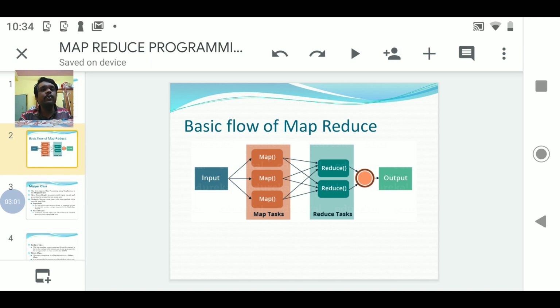Before it goes to the reduce stage, we need to understand that there are two intermediate stages. One is your shuffle stage, the next one is your sort stage. What is the shuffle stage going to do? It is going to combine the values of a particular key. And what is the sort stage going to do? After combining the values of a particular key, the sort stage sorts the total key value pairs on the basis of your key, such that all these key value pairs are arranged in ascending order.